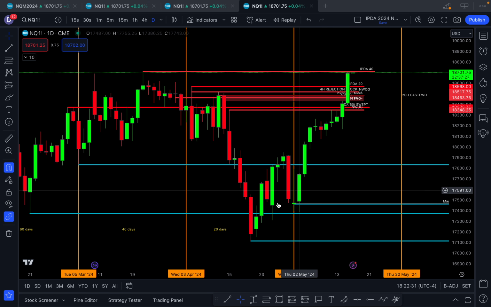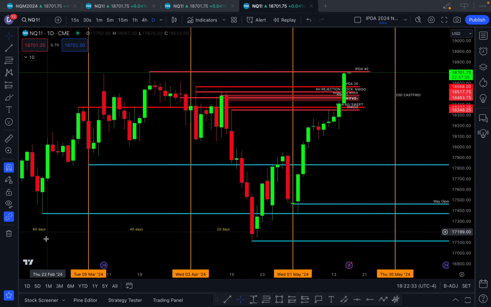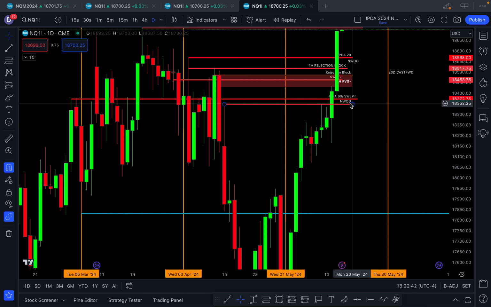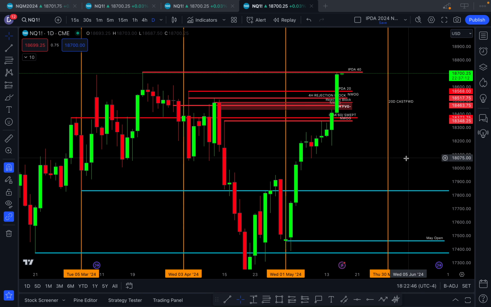So you can see here on the chart we have 20, 40, 60 days, the highs marked in red and the lows marked in red. Of course, you can ignore anything else that is not here, so NWG, rejection blocks, two rejection blocks. But what you want to do is,